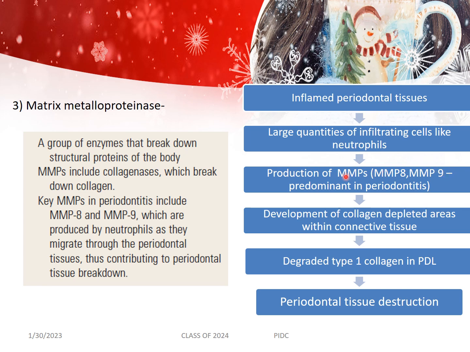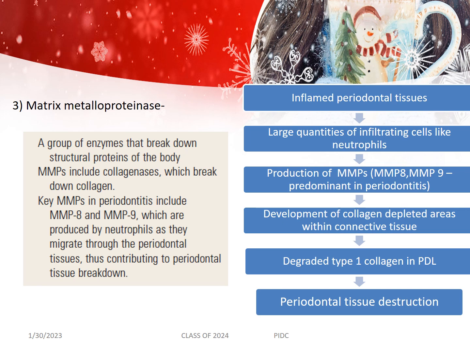These proteinases not only destroy the microbes, but also result in the development of collagen depleted areas within the connective tissue. In other words, there is degraded type 1 collagen in the PDL, resulting in periodontal tissue destruction. So, to put it in short, there are 5 microbial virulence factors and 3 host